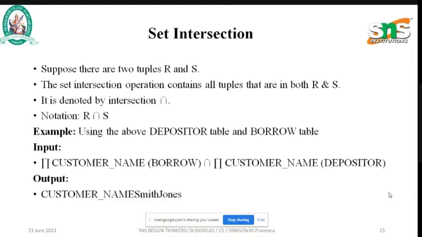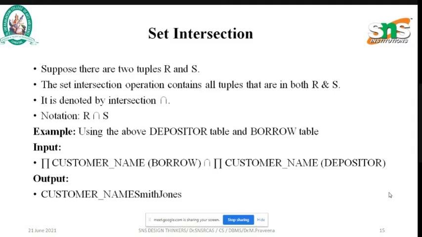That is called set intersection. Suppose there are 2 tuples R and S. The set intersection operation contains all tuples that are in both R and S. It is written with the intersection symbol, and the notation is R intersection S.